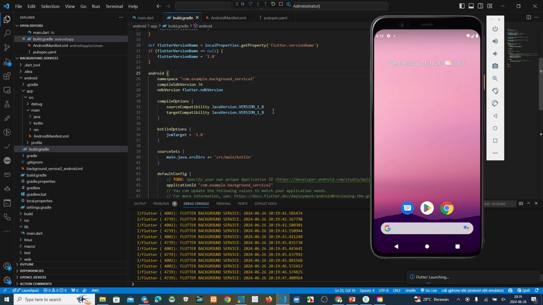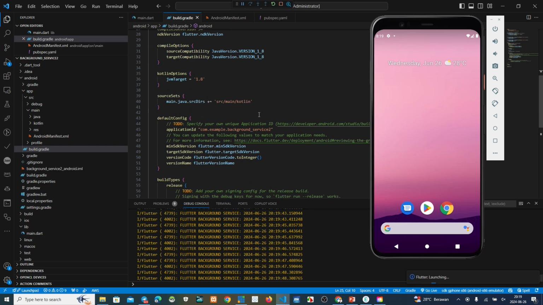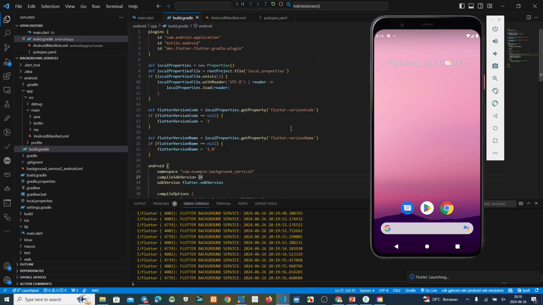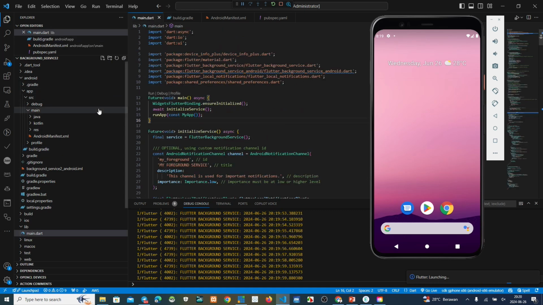We have changed the compile SDK version, and then after that we must change again, depending on information from this debug console. After that we change the Kotlin.